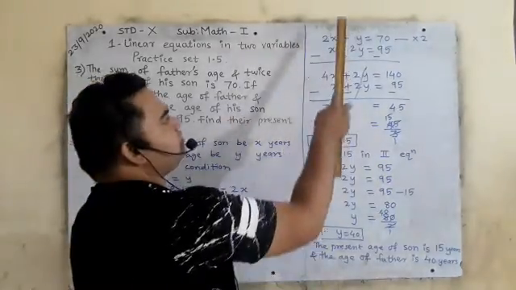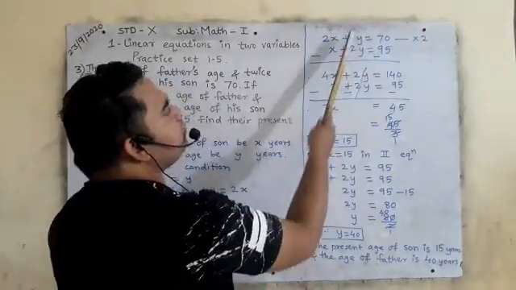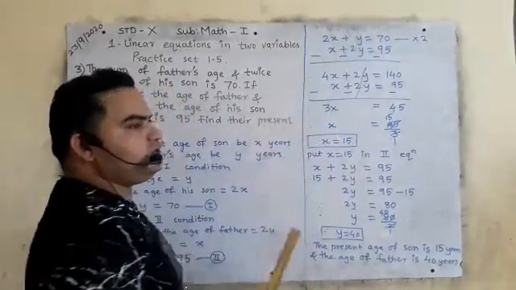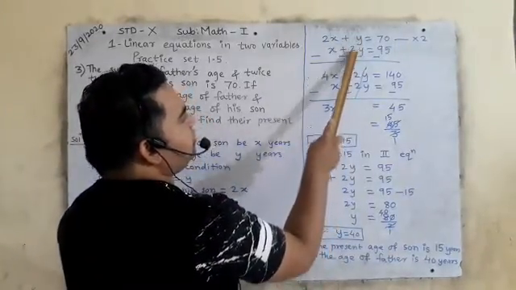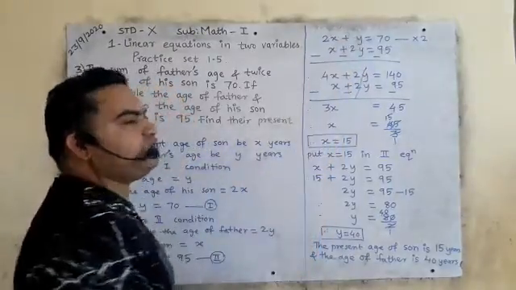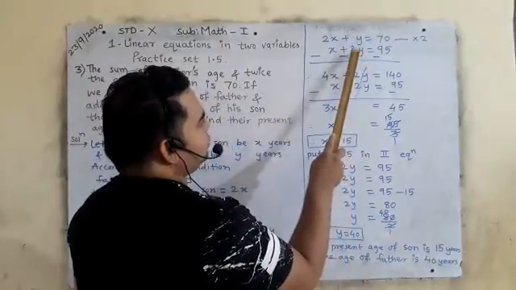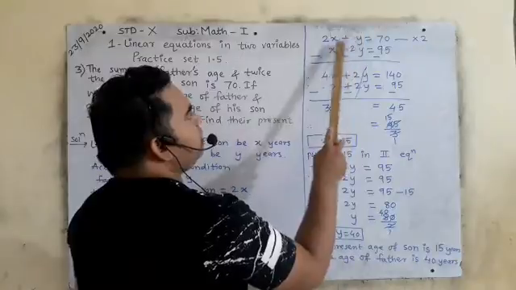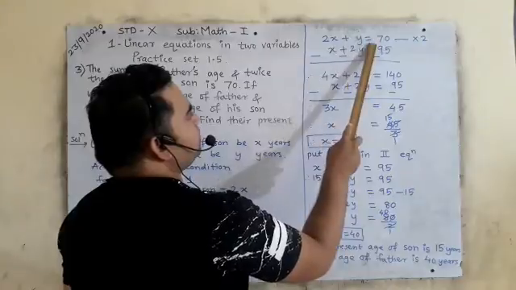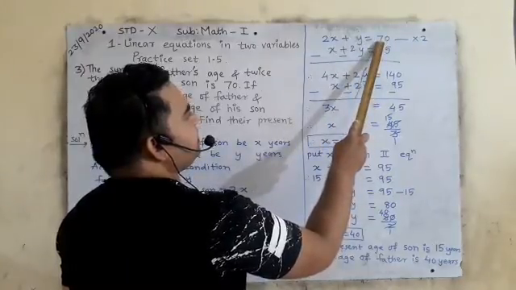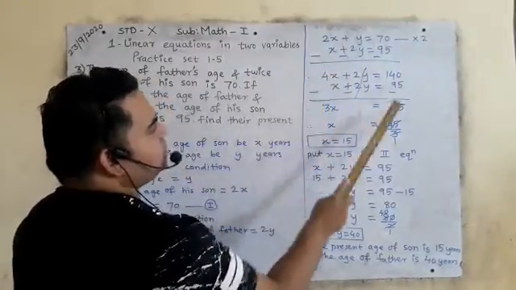Okay, take the 2 equations, one below the other, first equation, second equation. Now if you want to cancel the y variable, you have to make the coefficient of y the same. Here the coefficient of y is 1, here the coefficient of y is 2. It means we have to make this coefficient 2. So we will multiply this whole equation by 2. 2 twos are 4x, 2 ones are 2y is equal to 2 multiplied by 70, which is 140. I have multiplied the first equation by 2, the whole equation. The second equation will be as it is.